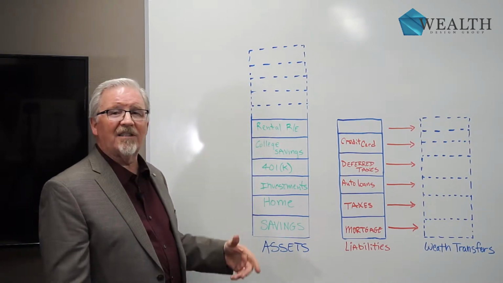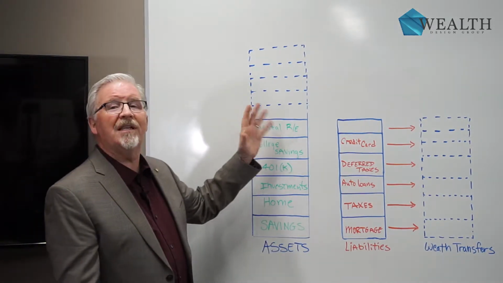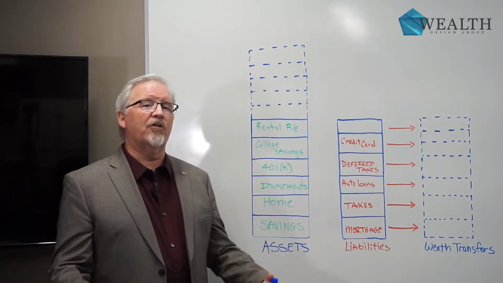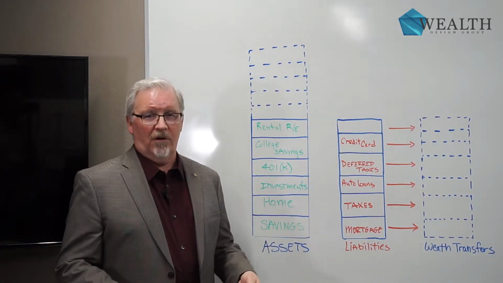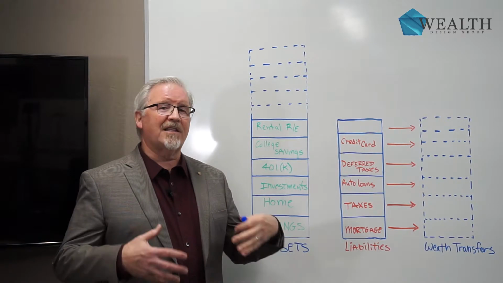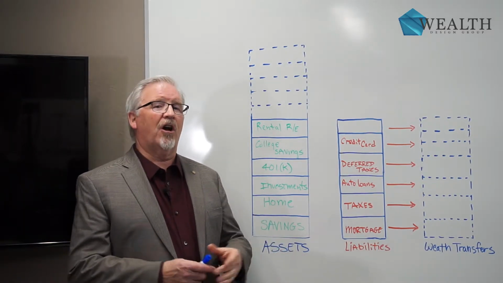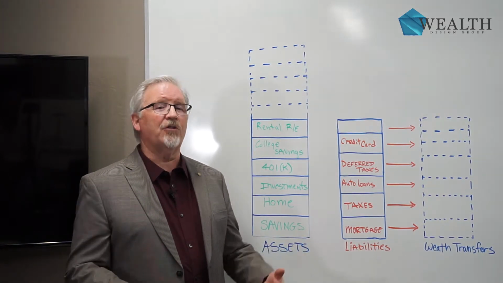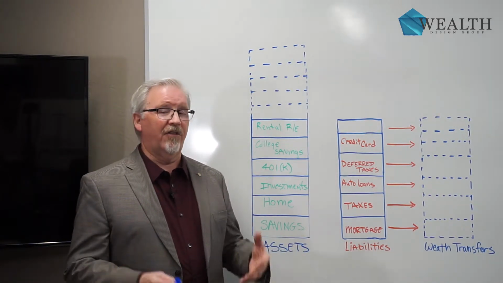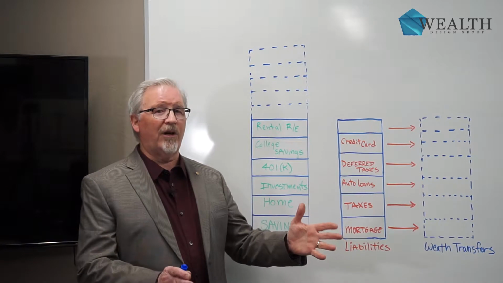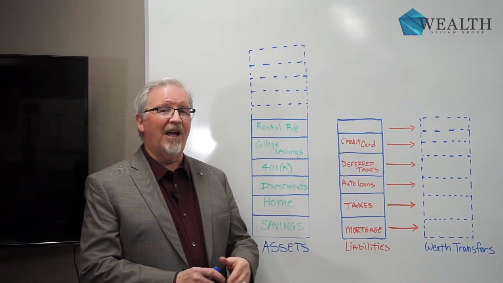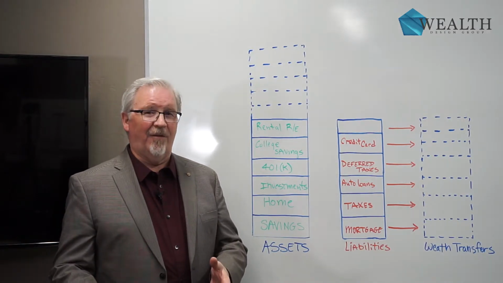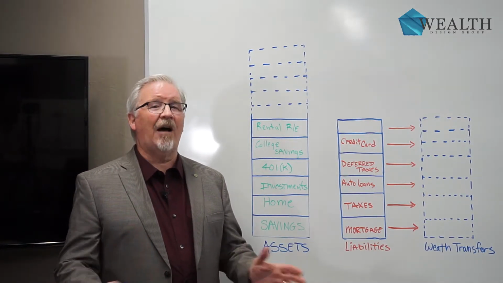You've got some rental real estate. You've got these different pieces. Maybe you've got a business. You add that in here. And those are all these assets you have. And what you're trying to do is make them grow, because you want them to be bigger. Because at some point in time, what you're going to want to do is turn those assets into a future income for yourself. If you think about it, what you're doing right now is working to create a current income, but you have to save and build these assets for your future income. When you finally say to your boss, I'm done.